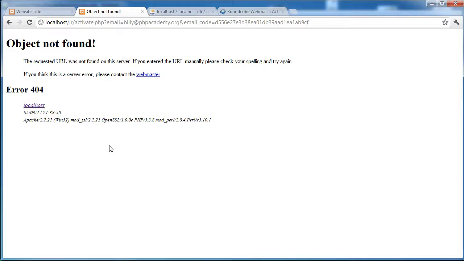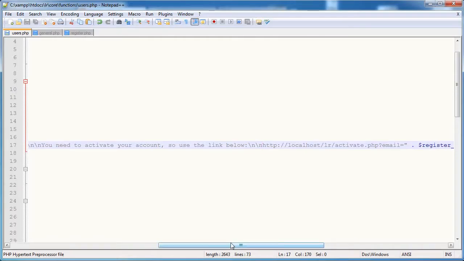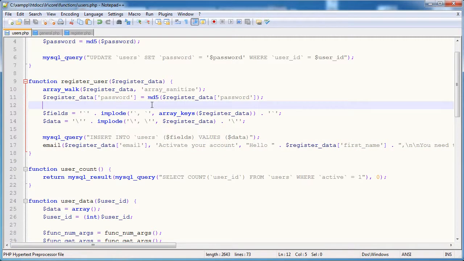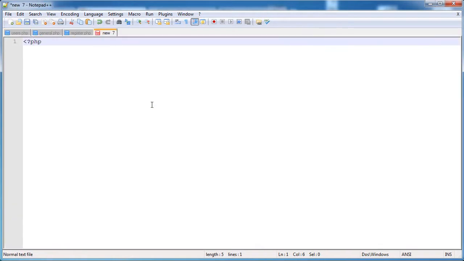Okay, so now that we have successfully sent the email to the user, we need to create this activate.php page, which is going to take in the email address that you can currently see in the URL bar and the unique code that's been assigned to that user in order to match their data up and activate their account. So the activate.php file that we're going to be creating is not very complicated, so let's go ahead and just